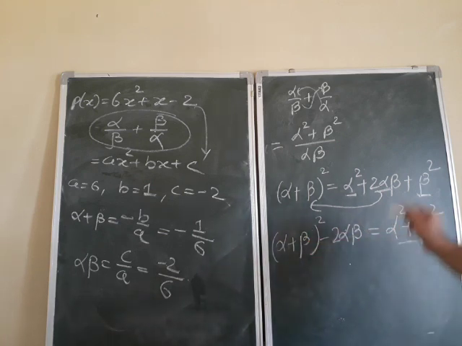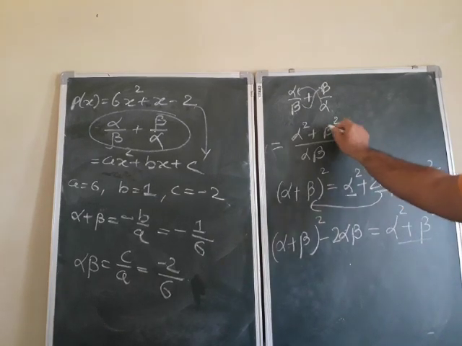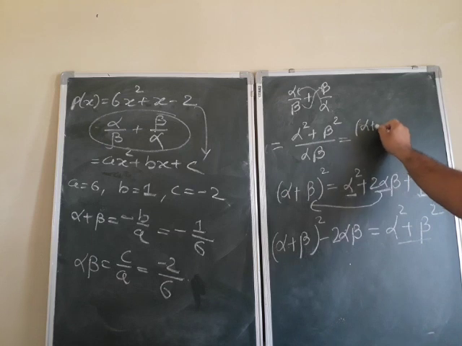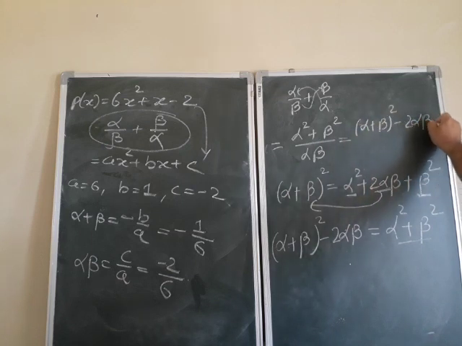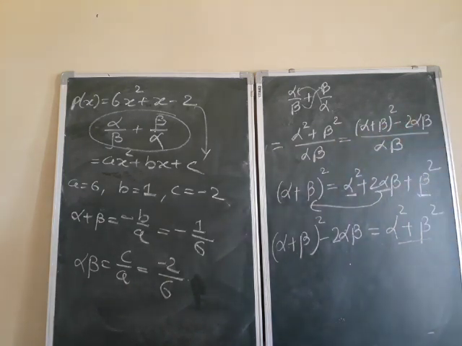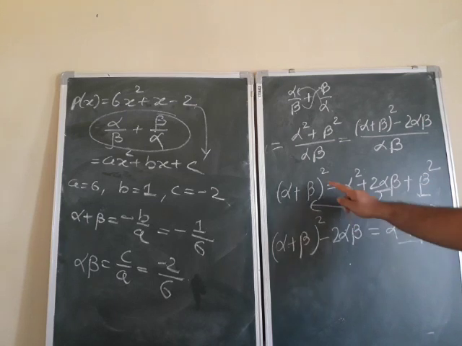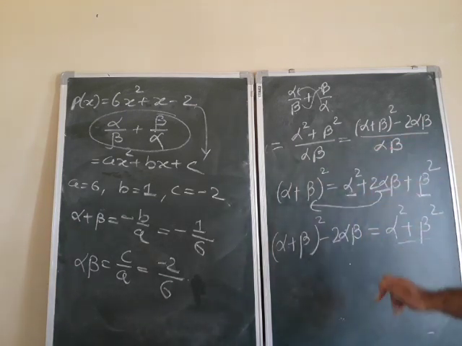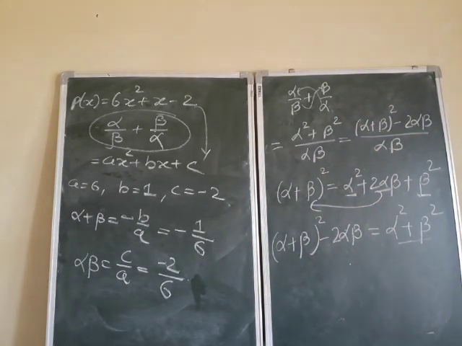Okay. So we think of the next steps. Here alpha square plus beta square I am writing as this: alpha plus beta the whole square minus 2 times alpha into beta, upon this alpha into beta. चलिए, ready? Fine. Please write this down. I want to remove some portions, I want to remove this and this thing, so I can write. Fine. I can proceed to the further step. So please write this down. Please.